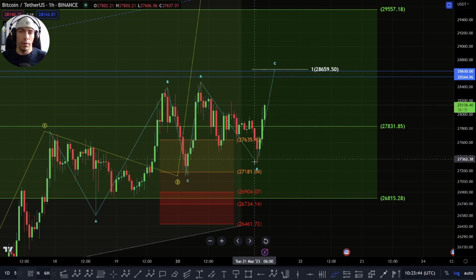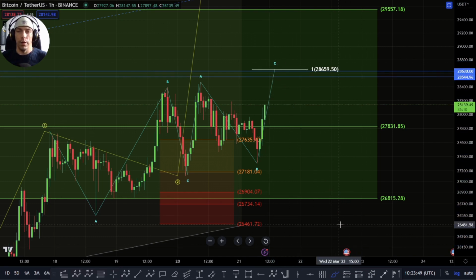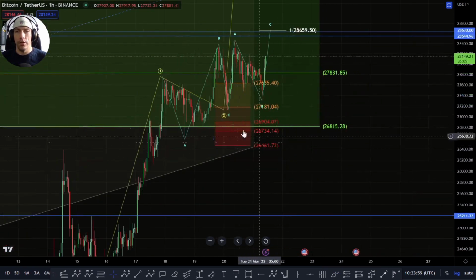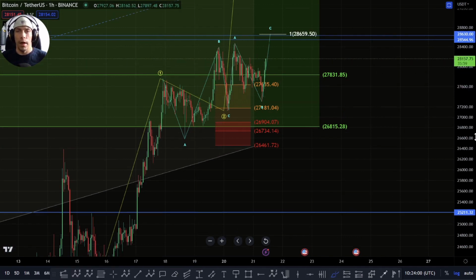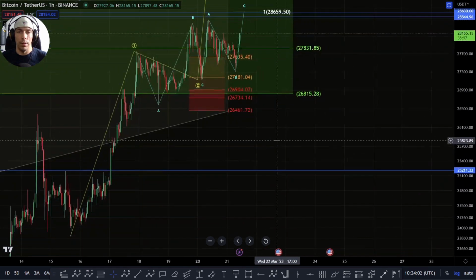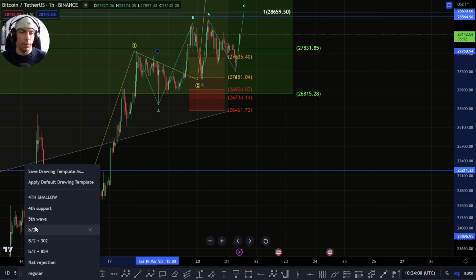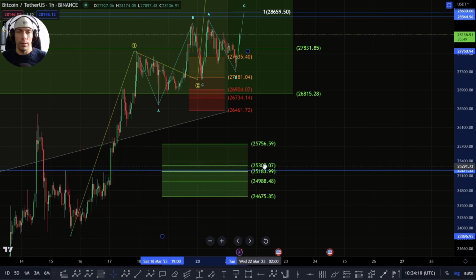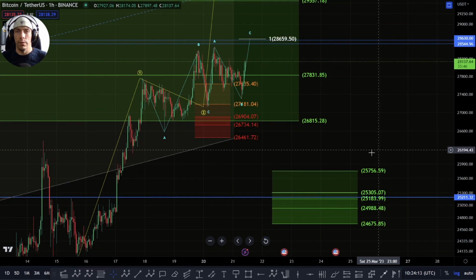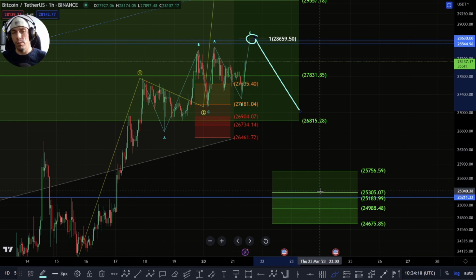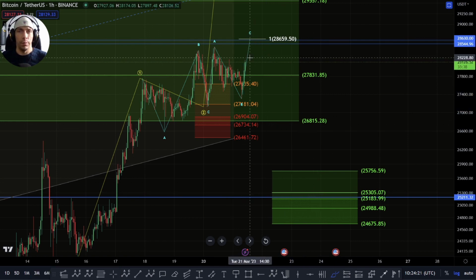If we just get a five-wave move up into this one-to-one area, potentially this could then actually look to break down for a five-wave move. So keep an eye on that. If we get a five-wave move down here, potentially this could be a bigger flat. And actually, what we've done is completed into here, and we're looking to come back down, lower down to that support zone, which would be somewhere in this range here of, let me just throw that on, this 25,756 to this 24,675. A move up into this area and a rejection would not be bullish in my eyes,